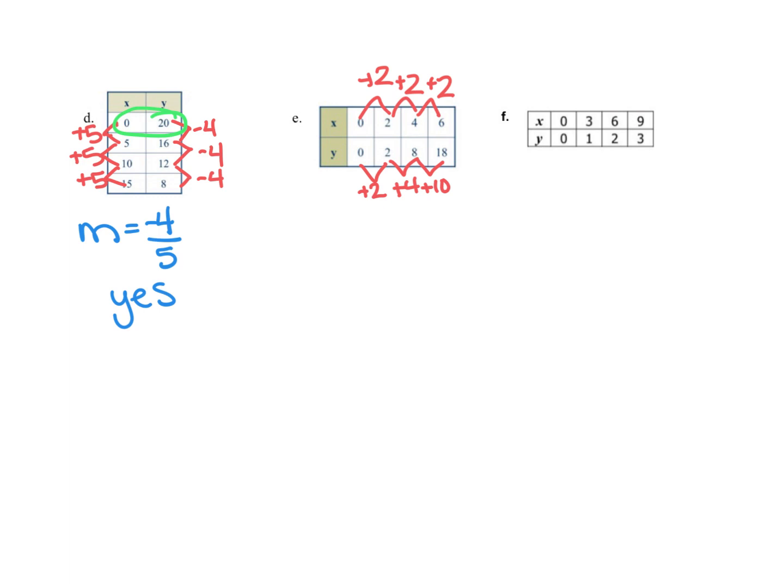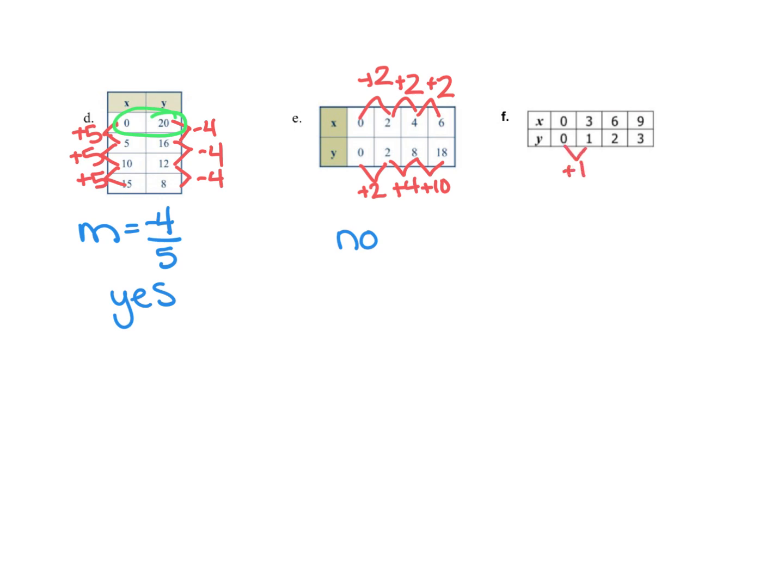We take 4 divided by 2 would be 2, and then 10 divided by 2 would be 6. And so because this has different rates of change, it does not have a constant rate of change, no, this is not linear. All right, and our last one here, let's go ahead and find